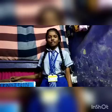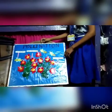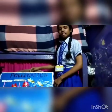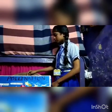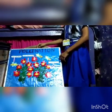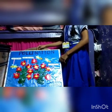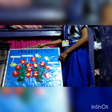My name is Aiman Khatun of class 6 girls, and this is my model, pollination. So what is pollination? Pollination is the transfer of pollen from the anther to the stigma of the same flower or another flower. There are two types of pollination: